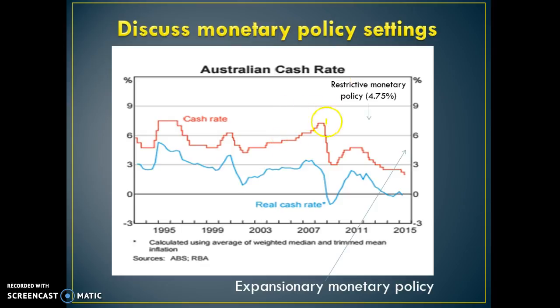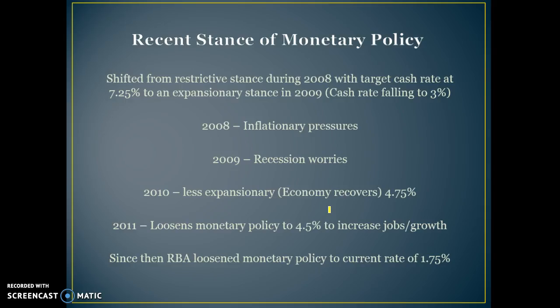This is basically just a graph showing the cash rate up until 2015. So you can see it's been falling over the last 4 or 5 years and has continued to fall past this graph. The real cash rate is basically the cash rate minus the level of inflation. We know inflation is around 2%, so that's why the real cash rate is around 0% towards the end. This bit here, the cash rate was actually lower than the level of inflation during that time, so we had a negative real cash rate.